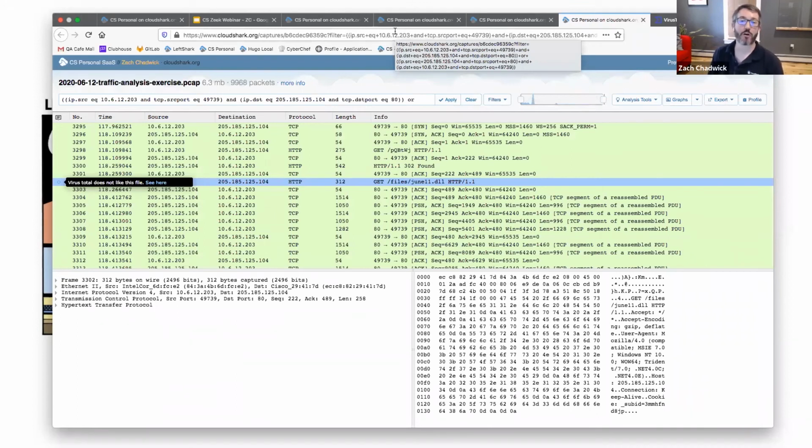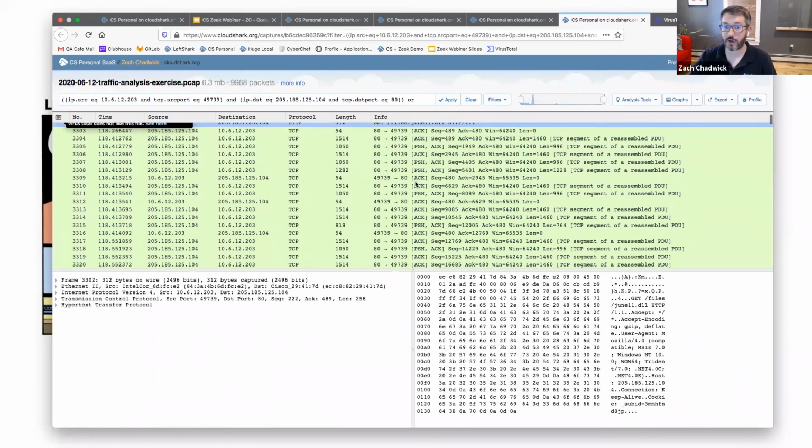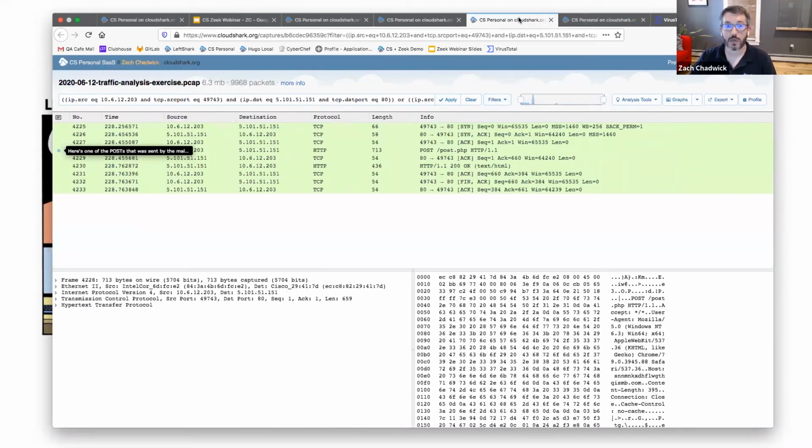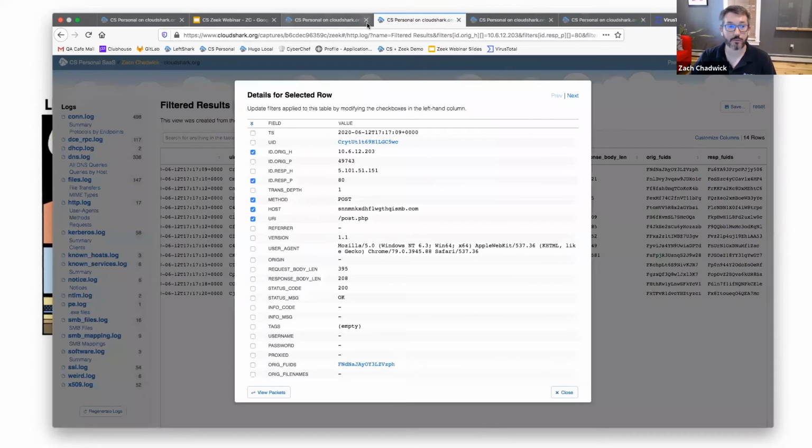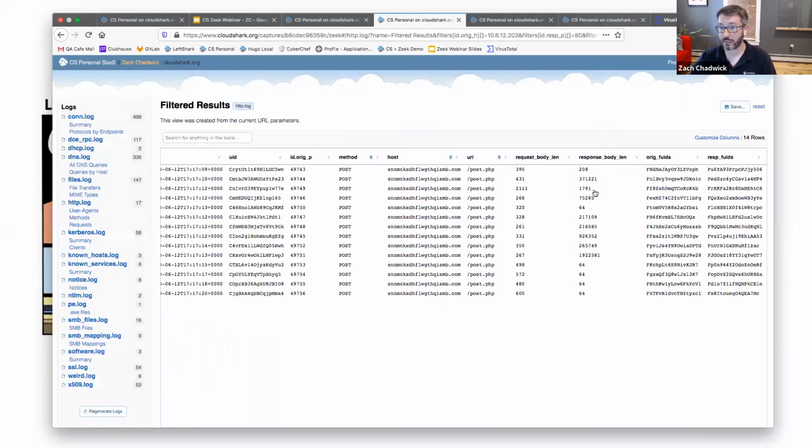We can add them to our reports. We can add them to our wiki, our bug tracker, whatever it is. And now all the data and all of our analysis comes with us. So we've got a link to VirusTotal. We've got the packets involved in the initial infection. And to go back to Zeek as well, here's a list of all these posts